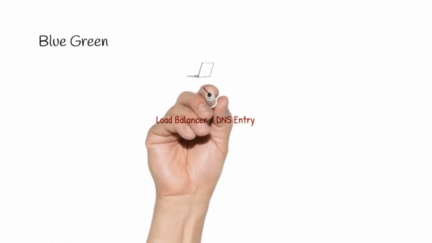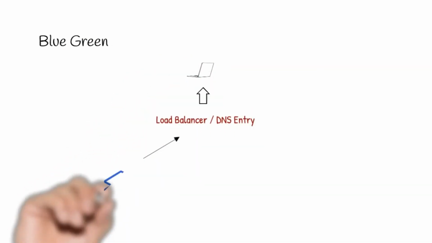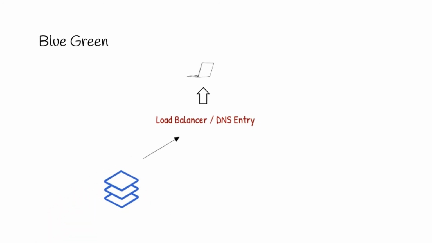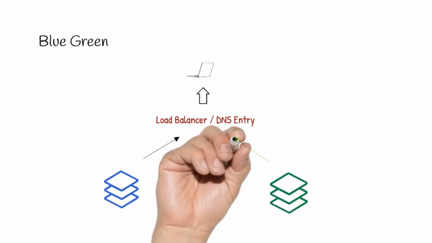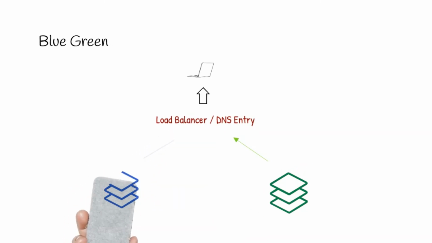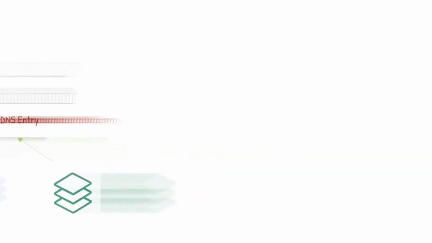Blue-green deployment reduces the risk of any unforeseen downtime by running 2 setups, that is blue and green, during the deployment window. In this deployment strategy, we deploy a parallel set of the updated production app and perform all the testing over it. Once we are happy with the testing, we route the traffic to the new deployment. On satisfaction with the newer version of the app, we remove the older deployment. So blue-green provides a safe and seamless transition. The good thing about it is that it provides zero downtime deployment and allows testing in the prod environment. However, it is costly to run parallel environments, especially when the application size is huge.